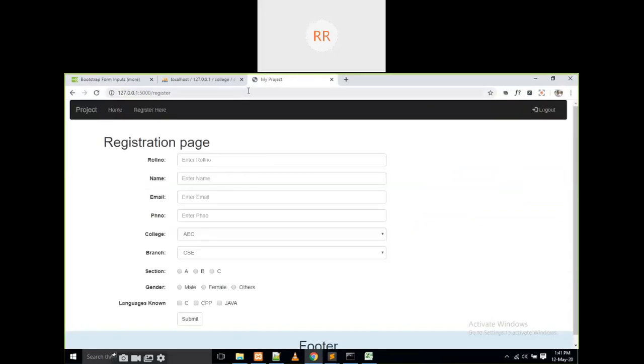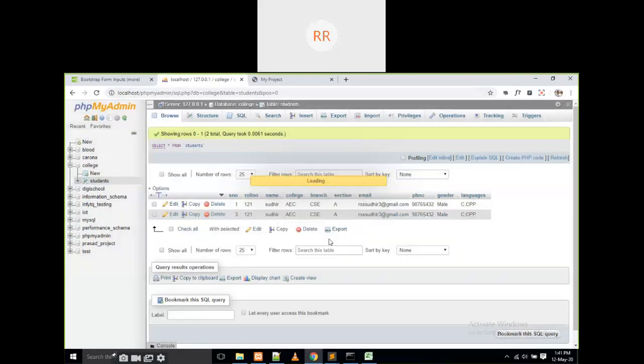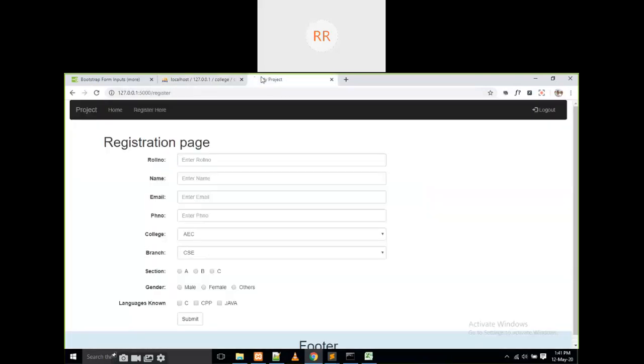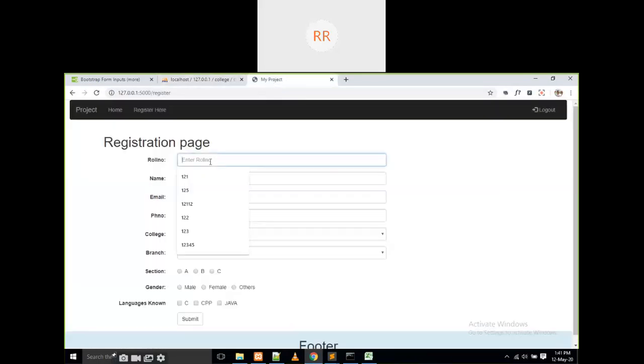For example, if I refresh it again, if it is coming one more time, no problem, delete it here. If I refresh it, there is no need, however many times I refresh it. If you check, there is only one data here. Okay, for example, I am giving one more data.